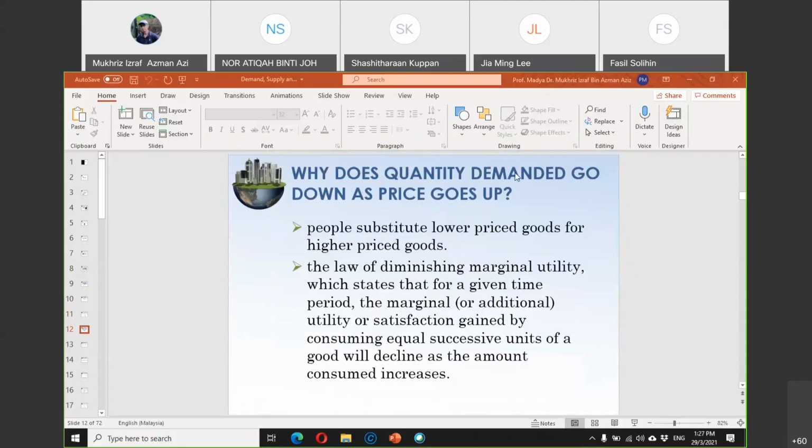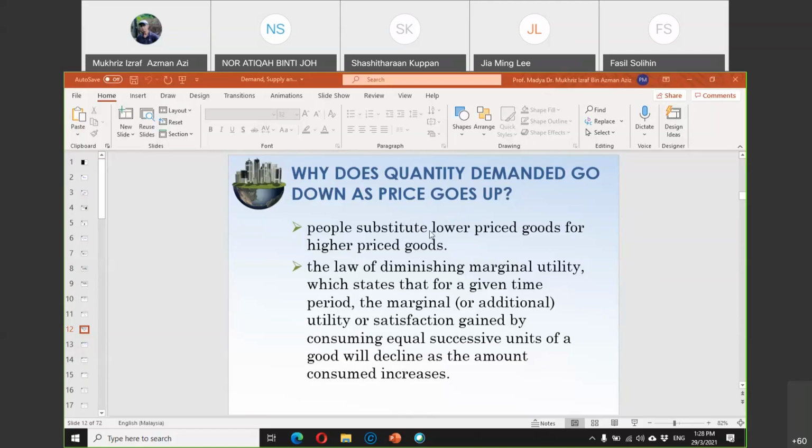So why does quantity demanded go down as price goes up? This is a simple behavior for consumers. You don't need a very deep understanding of economics. So why does quantity demanded go down when price goes up? For most people, most consumers around the world, when the price goes up,